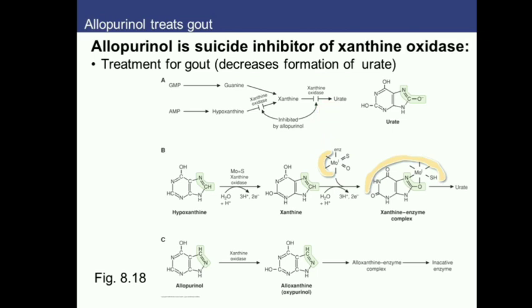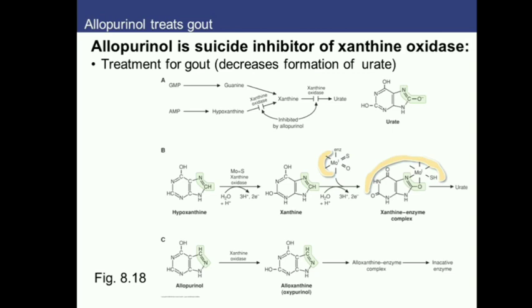So what is happening here is that hypoxanthine gets converted into xanthine by the xanthine oxidase itself, because hypoxanthine was itself a substrate of this enzyme. So if hypoxanthine gets acted upon by the xanthine oxidase, it gets converted to xanthine, and there will be the normal formation of xanthine enzyme complex, and then it will result in the formation of the product, that is urate, which we don't want because it is the symptom of disease and it should not be there in the body.